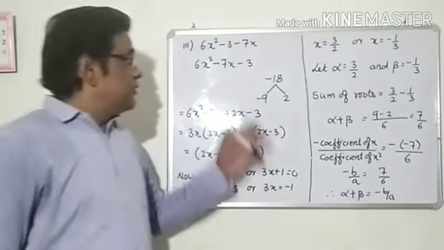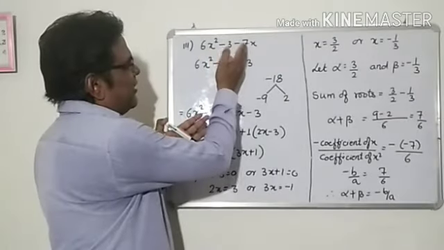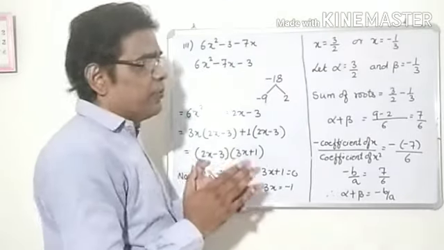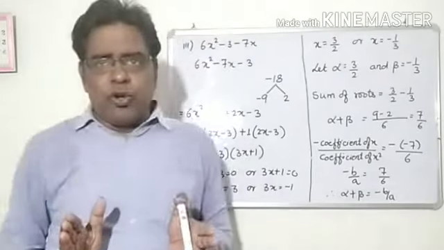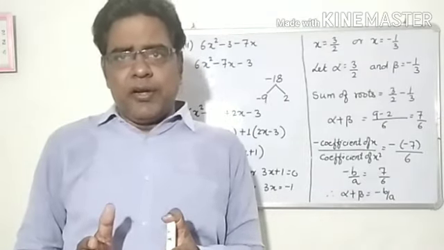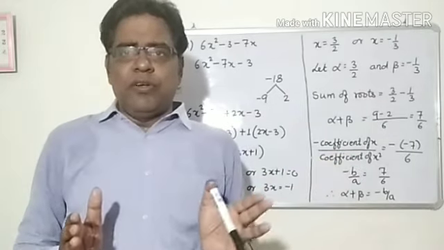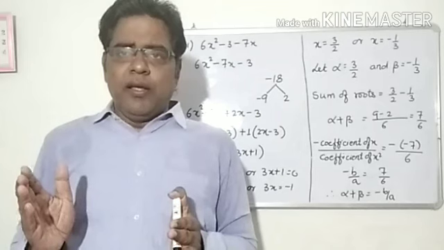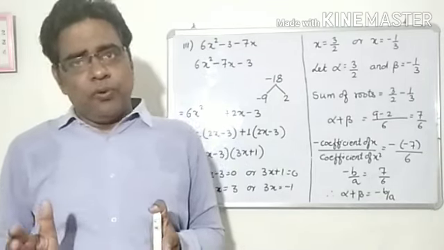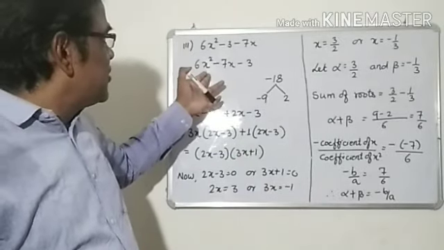Now dear students, see the third question. Here they have just interchanged the digits. So always remember, whenever you get a quadratic polynomial, your first task should be to see whether it is written in proper order or not, meaning whether it is written according to x square plus bx plus c or not. If not, then arrange it. See the way I have arranged.